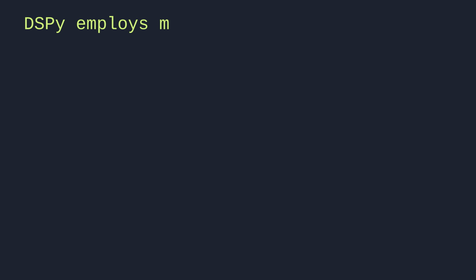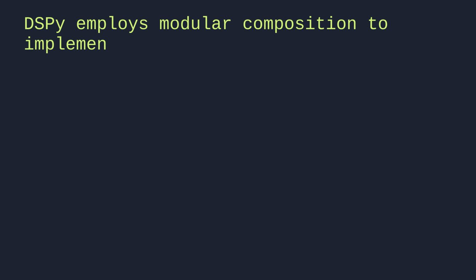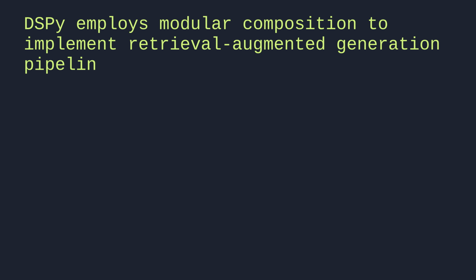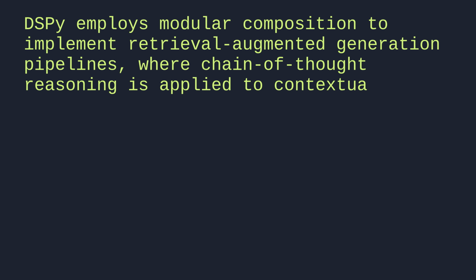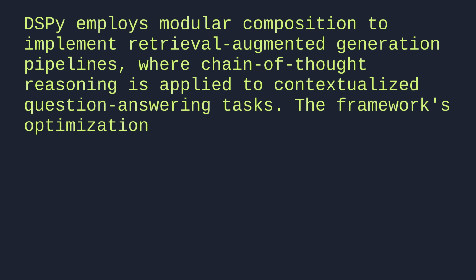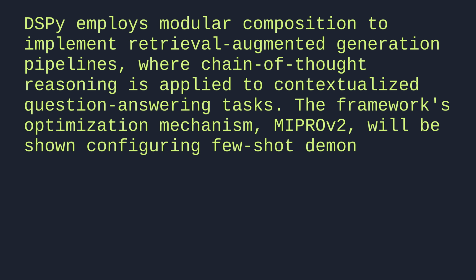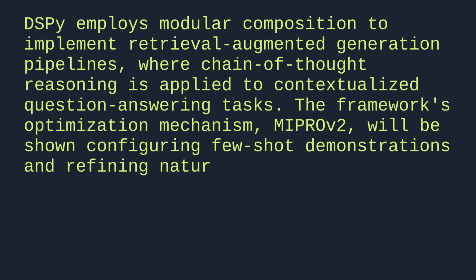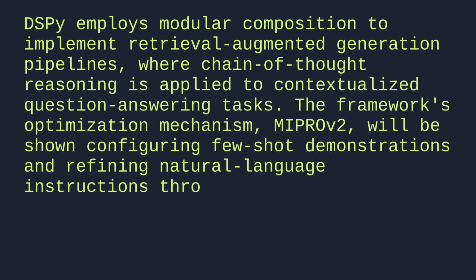DSPy employs modular composition to implement retrieval-augmented generation pipelines, where chain-of-thought reasoning is applied to contextualized question-answering tasks. The framework's optimization mechanism, MIPROv2, will be shown configuring few-shot demonstrations and refining natural language instructions through Bayesian search over